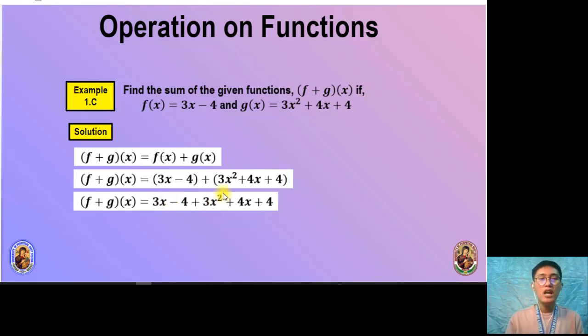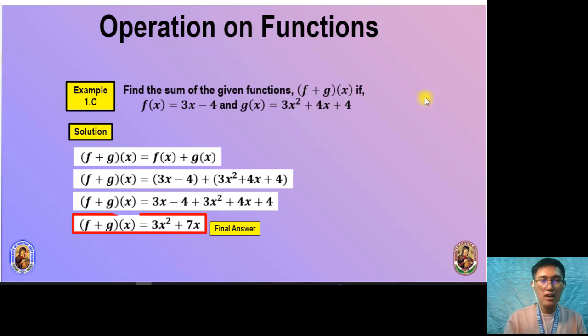So by definition, like terms in terms of variables are variables with the same letter and the same exponent. But if they are different in terms of exponents, even if their variables are the same, then they are not like terms. In this case, we have 3x squared, which is the highest exponent. You cannot combine it because it is the only term with x squared. So you will just remain